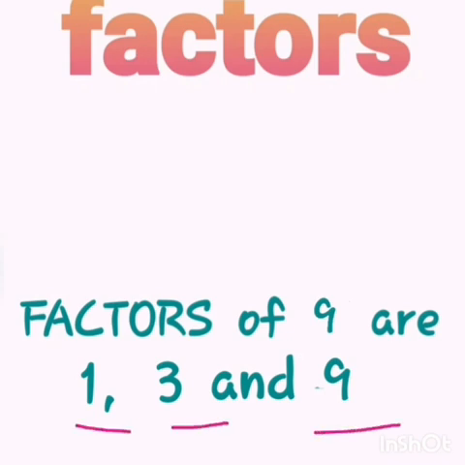Now what is the smallest factor of 9? 1. And what is the largest factor of 9? Itself, right? Means 9. So this is how you can find all the factors of a given number. Start with 1 and divide by all the numbers till that number to see which numbers give the remainder 0. This is how you can find all the factors of any given number.